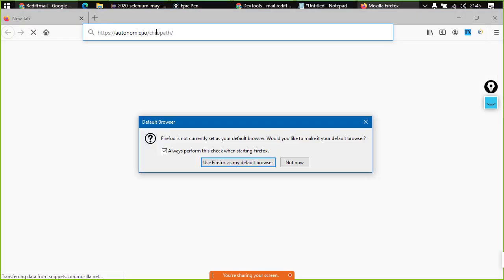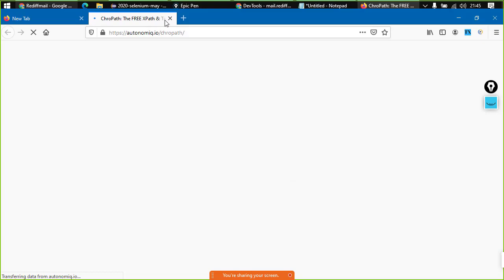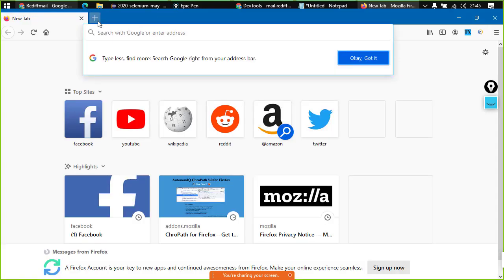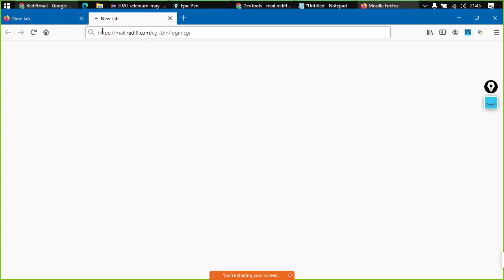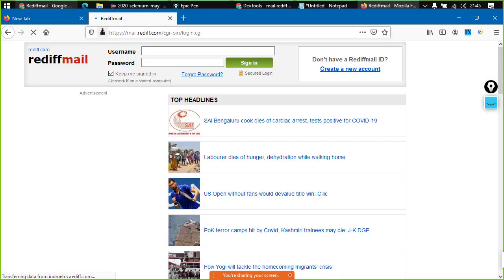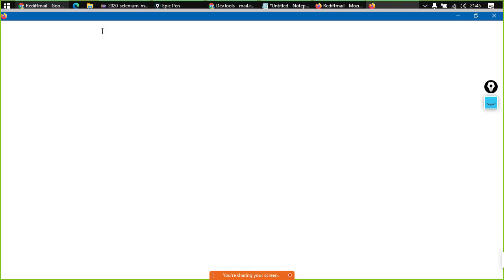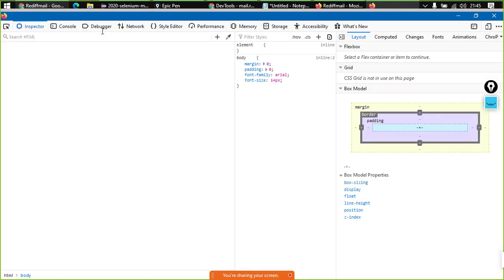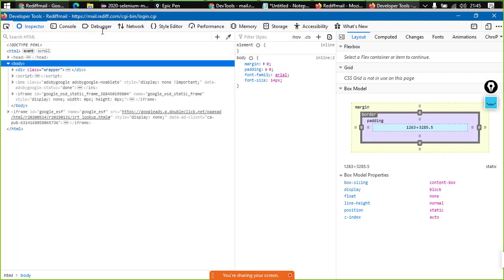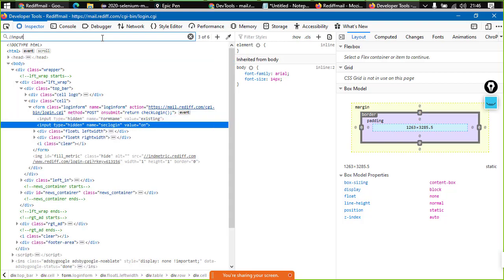and I don't want to set this as a default browser, right? So this is the page that we would want to go to. On this page, I'll hit the F12 key. We will get to this developer tools. If you notice something, I'll hit Control F. It will take me here, but if I specify some XPath, it will not highlight anything, right?